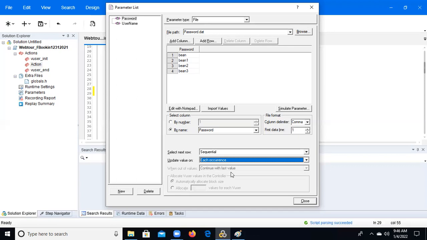Say we have 4 users, then all 4 users pick the first data point. If it is A, all users will pick A only. After that, the values are updated for every occurrence. Every iteration, A will go to after C, B will go to D, C, and D will go to B. So like that, it continues with the occurrence value.